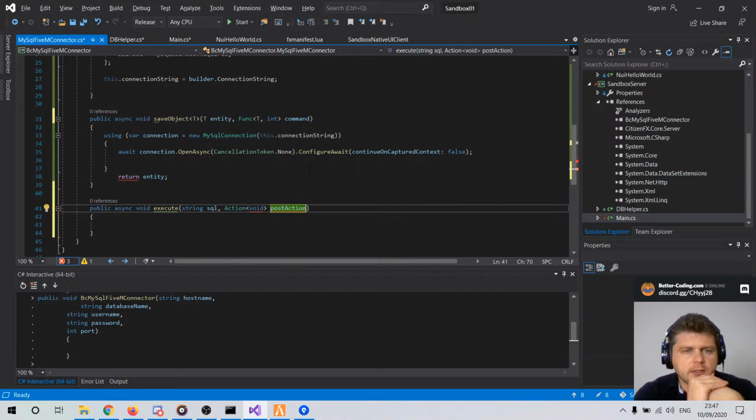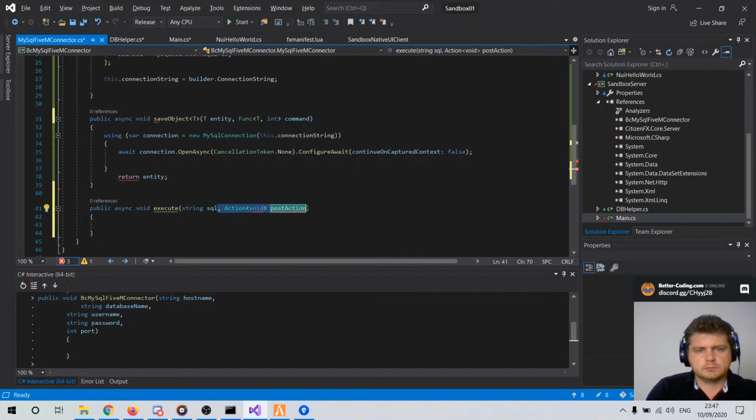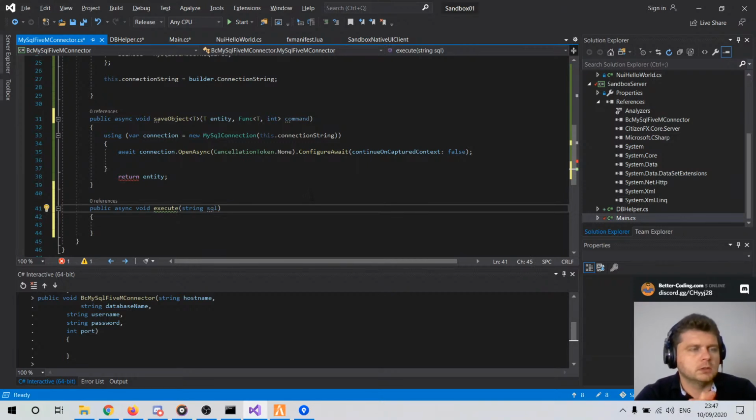Okay, so I think that I need to create, okay, the simplest method to